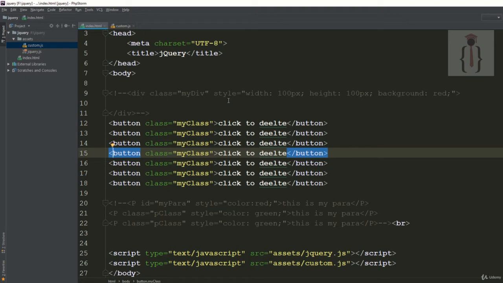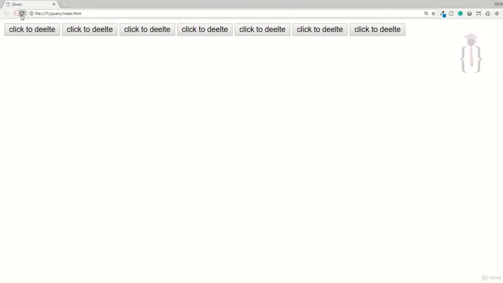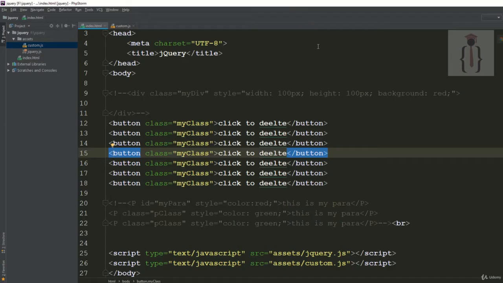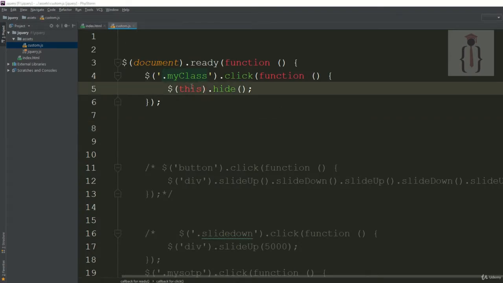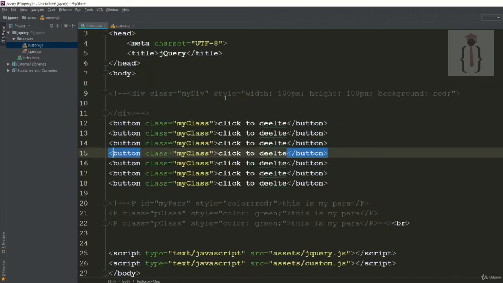Today we are going to discuss the CSS and the submit. So how can you use the CSS and the submit, callback functions or the action? I'm saying that I have these buttons. As you know, we have deleted this button. So now I'm saying whenever someone clicks on this class,